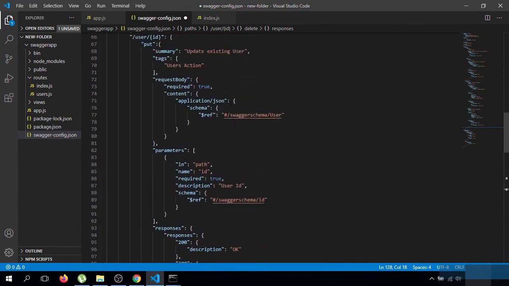I have left request body because I am deleting user by the ID reference.